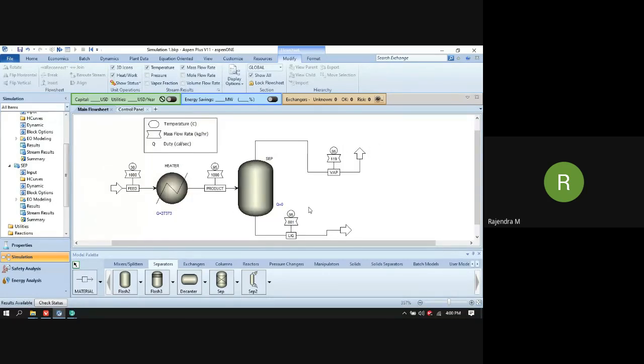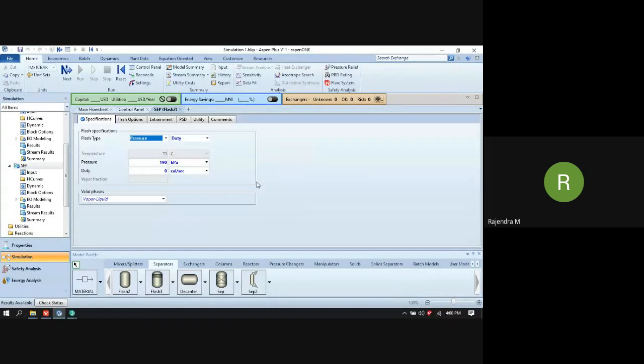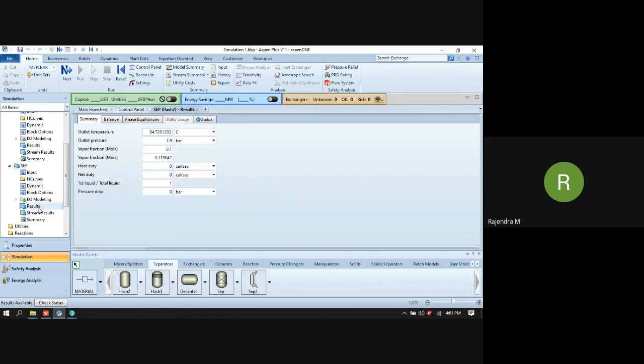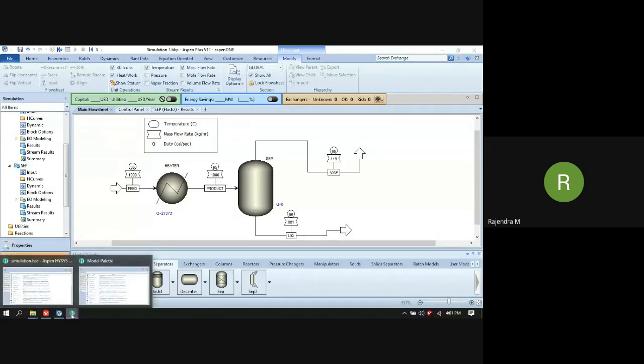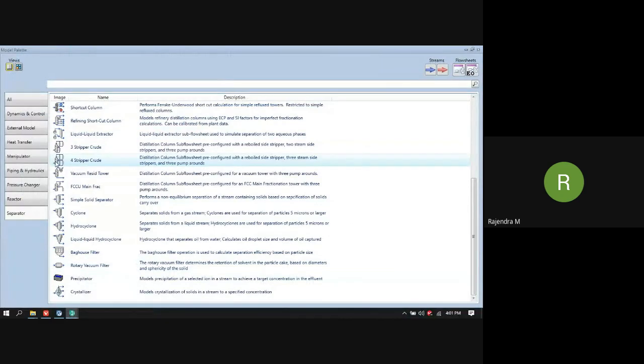We can look at the results by going to the separator tab and moving to the results, and you can look at all the details provided. So this is a simple simulation. We will let you know what other palettes and other things are available in this software. We have covered the separator and the heat exchangers. Now let us move to the reactor.